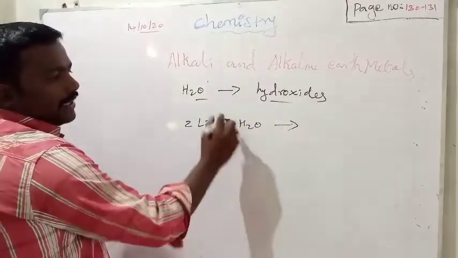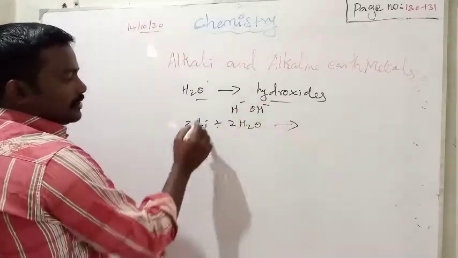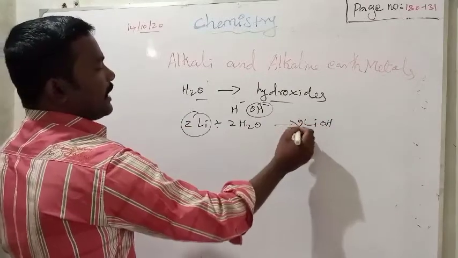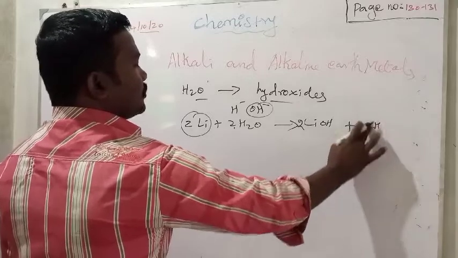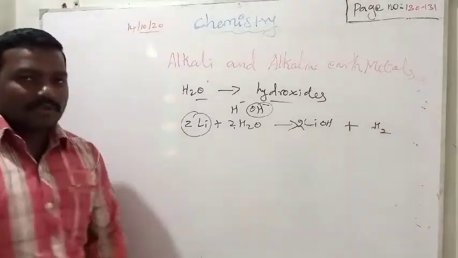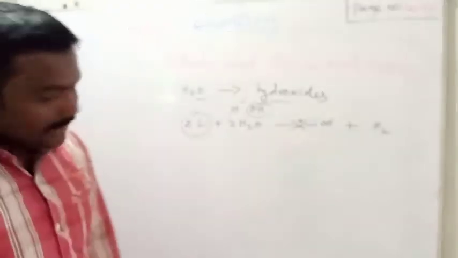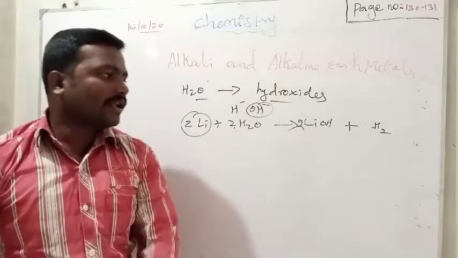Here water will be divided into H plus and OH minus. So 2 lithium with 2 OH will produce lithium hydroxide. What is remaining? 2 hydrogen, so H2 gas will be produced. So in this reaction hydrogen gas is produced. Right? See, lithium alone directly reacting with water and